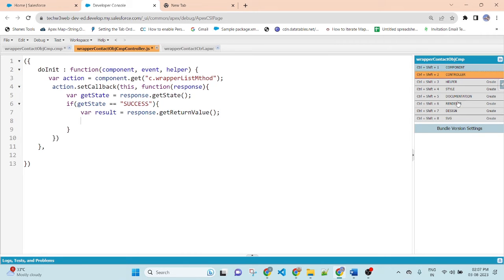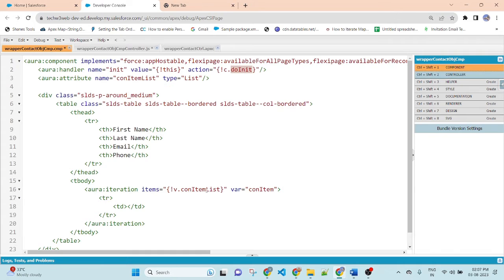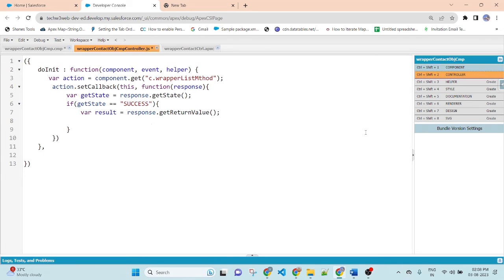Here I will set the return value in the attribute. So this is the list attribute. This attribute holds the returning value.